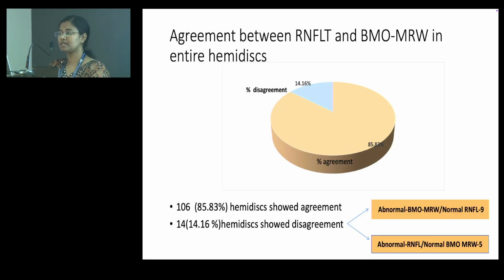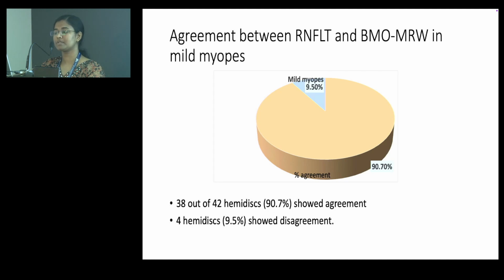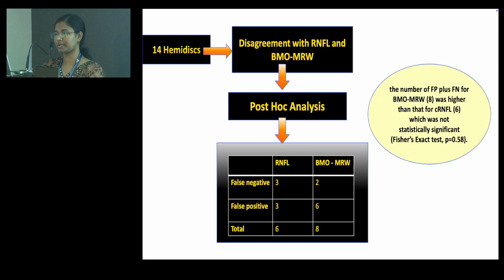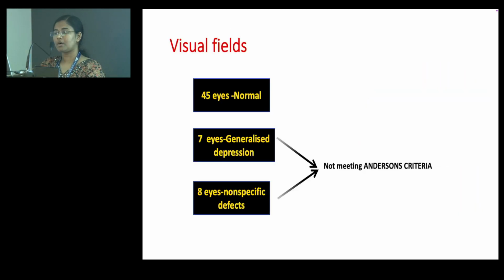Coming to agreement between RNFL thickness and BMO MRW, out of 120 hemidiscs, 106 hemidiscs showed agreement, whereas 14 hemidiscs, that is 14.16%, showed disagreement. In mild myopia also there was good agreement, 91.7% showed agreement. In moderate myopia also 87.17% showed agreement. Out of 60 eyes, 45 patients had normal visual fields, whereas 15 showed visual field defects not meeting all of